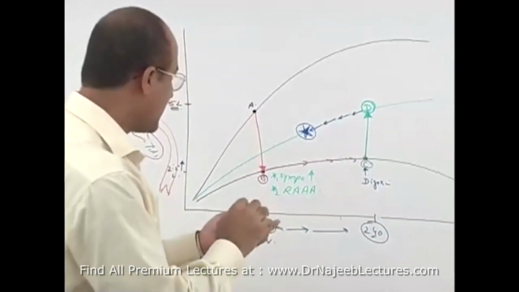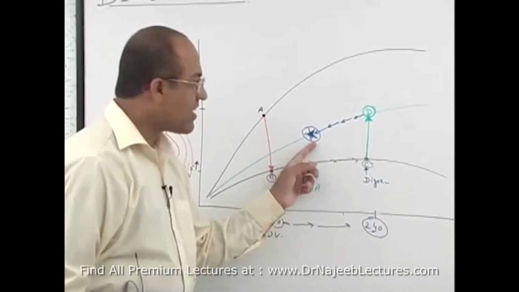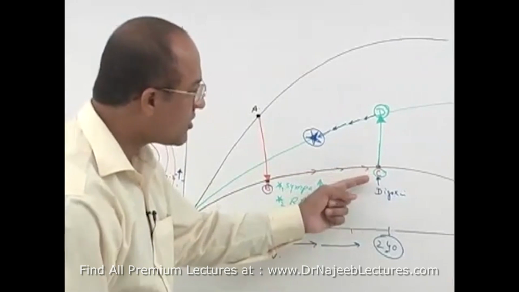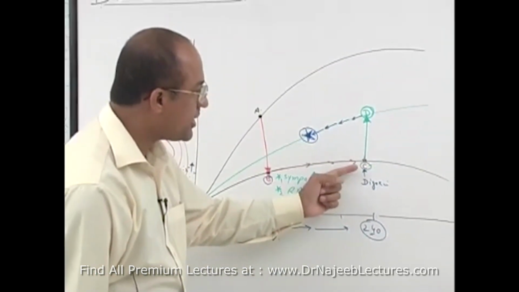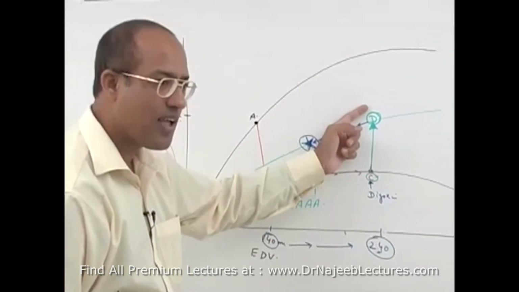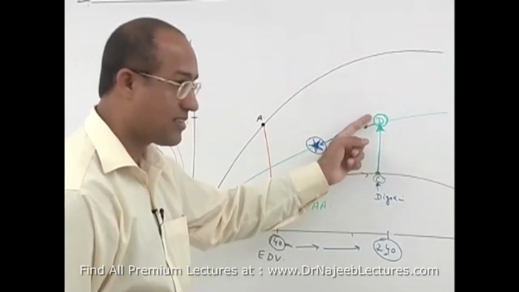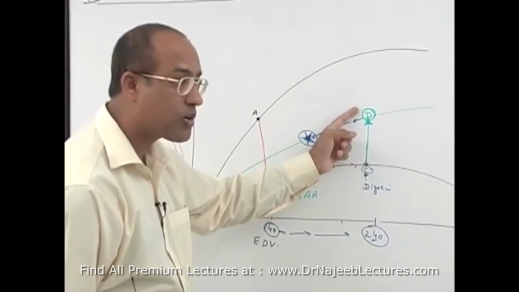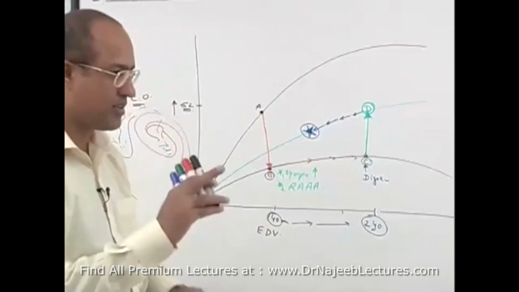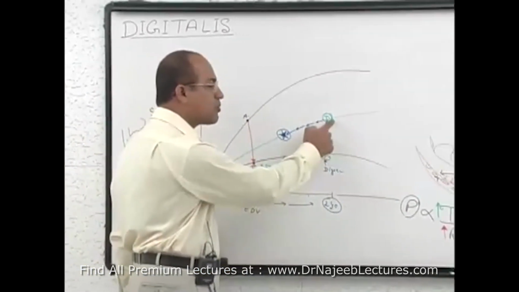Now look, this is the star point. Truly what Digitalis did, the direct action of Digitalis, was that due to positive inotropy, it took the dynamics from point C to D. Is it clear? But due to this increased contractility and increased cardiac output, other deleterious effects or bad effects will be reduced. How? Listen. First of all, when cardiac output will increase,